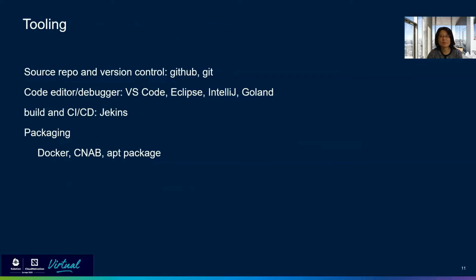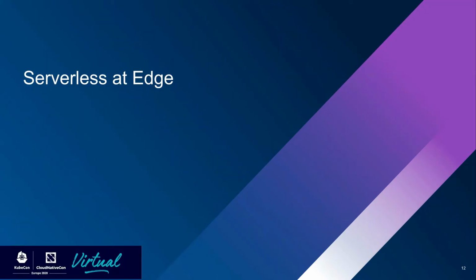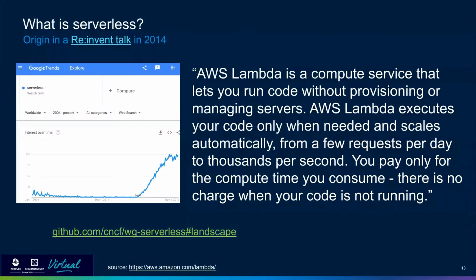Thank you, Cindy. As Cindy pointed out, apps at edge can be in various languages and forms. Next, I'm going to talk about something that has become popular in the public clouds: serverless, and whether this makes sense at the edge. So what is serverless? Well, the term started out with the announcement of AWS Lambda in a 2014 re:Invent keynote by Werner Vogels. There's been steady growth in interest, as you can see in this chart.